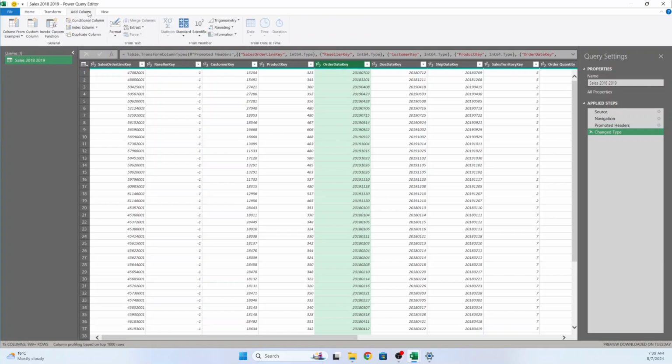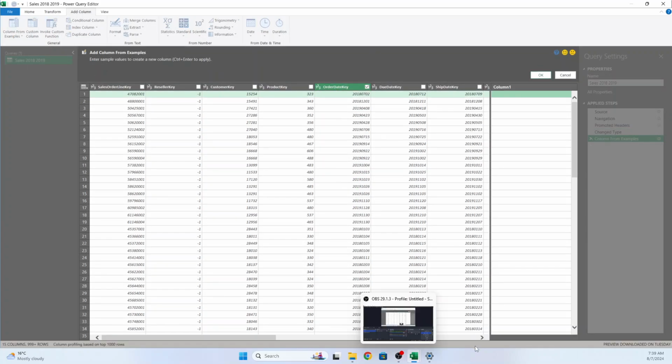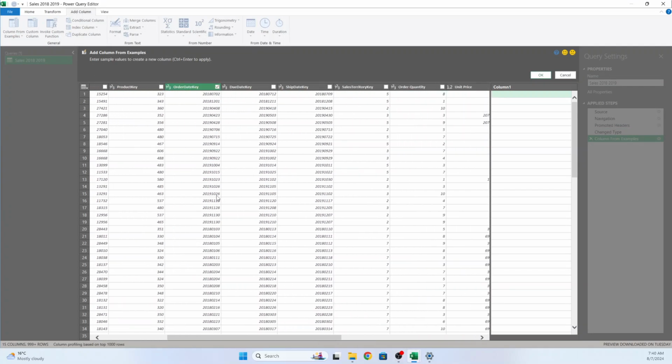So we will use a clever option in Power Query which has an AI feature, column from examples. So from selection, we have selected the order date key, and now we tell Power Query what we want to do. So this is the date, okay? It's 2 July 2018. So we will write the date in US format